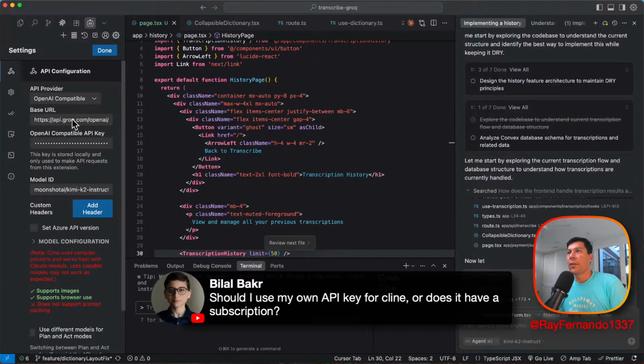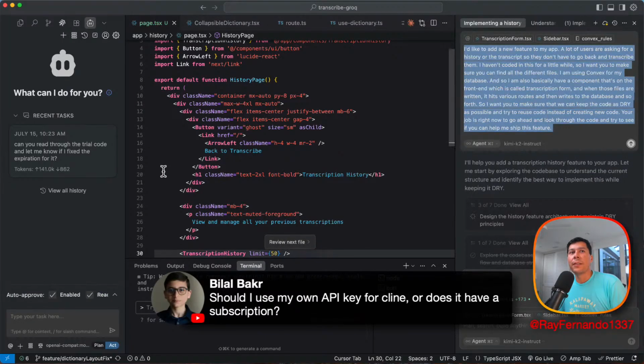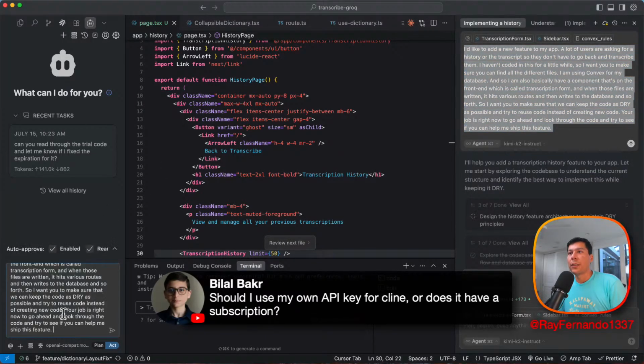Oh, it still has my configuration. That's nice. So I do still have the Groq API endpoint up here. Oh, awesome. Done. So maybe, what if I give it the same request? I'm really curious. Let's go. So we'll get to see Groq in action. So Cline has a plan, and it also has an act mode. So I can go to plan mode so it won't touch my code.